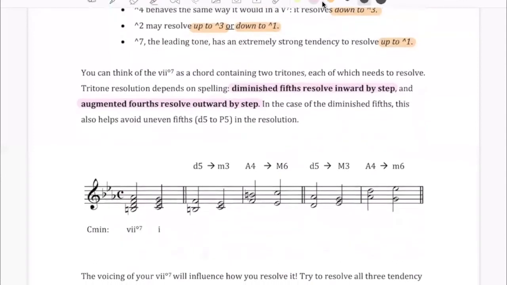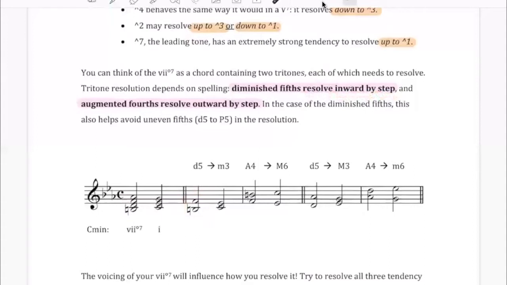I've taken this first tritone, so the root and the fifth, which is B natural and F, and I've written it two different ways. First here we have a B natural with an F on top of it. That is a flavor of a fifth. It's a diminished fifth. And that is going to need to resolve inward by step. And what I mean by that is each voice is going to move in by either a half or whole